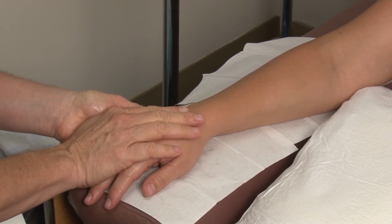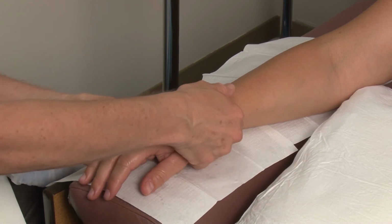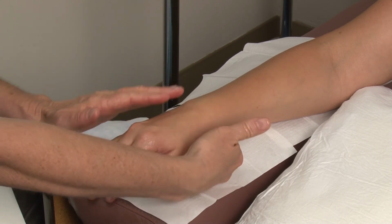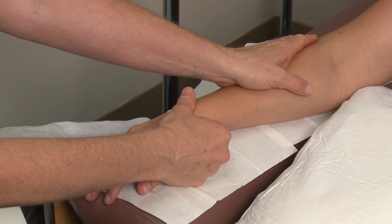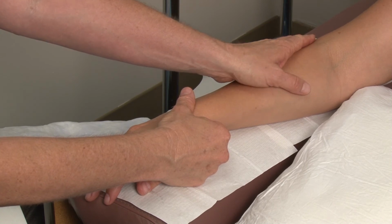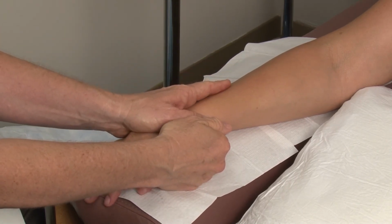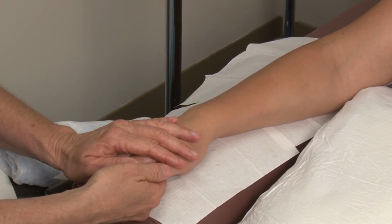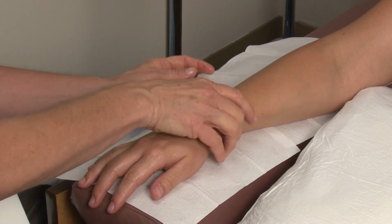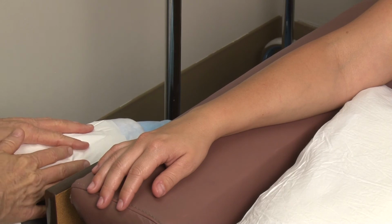So we're done with our hand massage. So we say goodbye. Now sometimes I'll just keep my hand here, and now I'm accessing P6 under here, and I'll just say goodbye going up here. And then I thank my client and I remove the paper towels or the blue chuck, and I move over